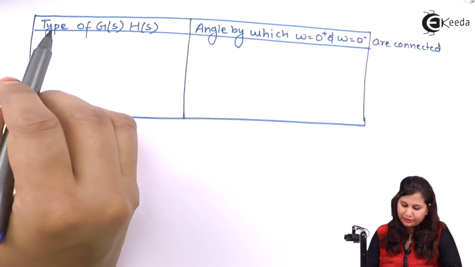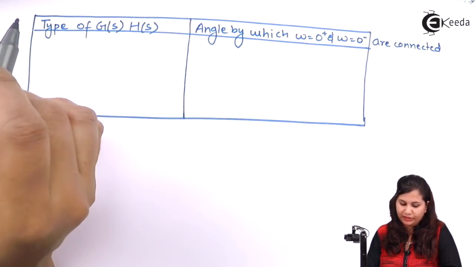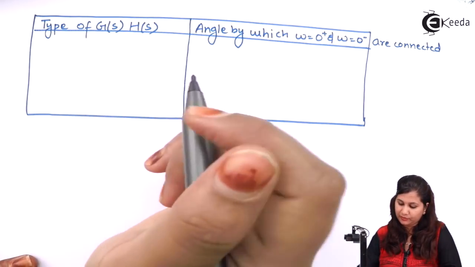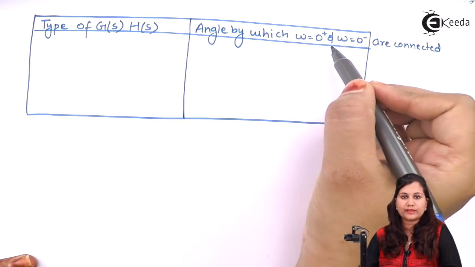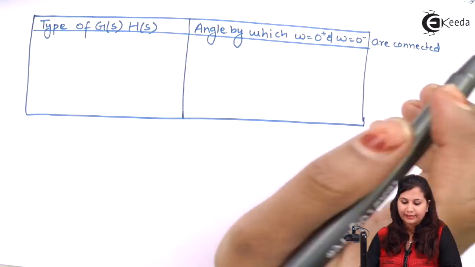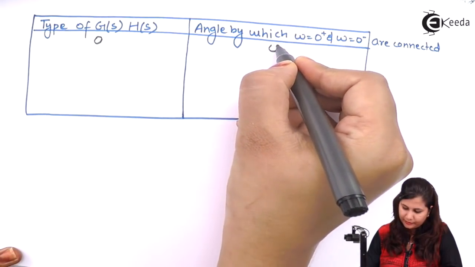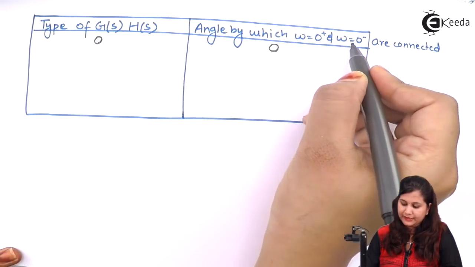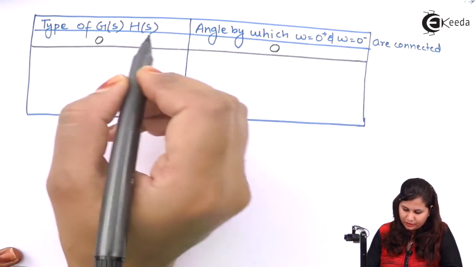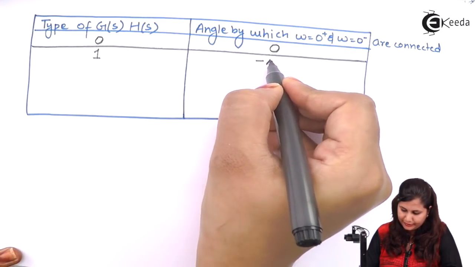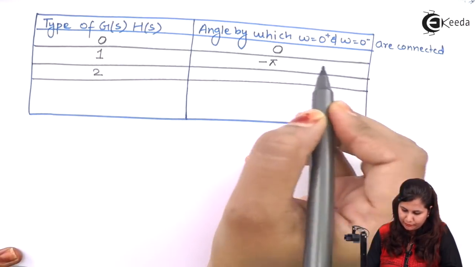The first part shows the type of G(s)H(s), that is, what is the type of our transfer function, whether it is a type 0, type 1, or type 2 system. The second part shows the angle by which omega equals 0 plus and omega equals 0 minus are connected. For a type 0 system, they are connected by an angle of 0 degrees. For type 1, they are connected by an angle of minus pi. For type 2, by an angle of minus 2 pi,